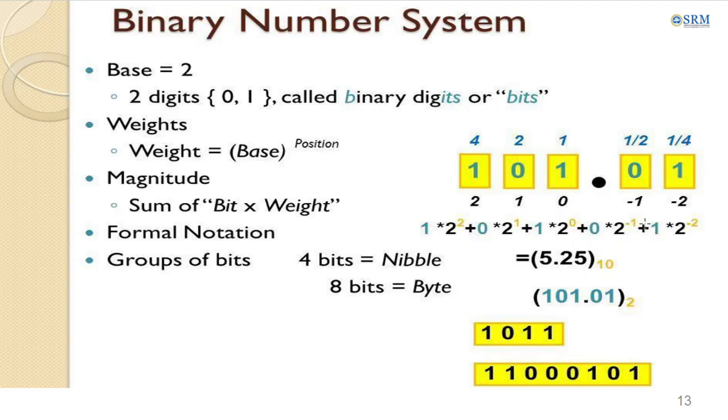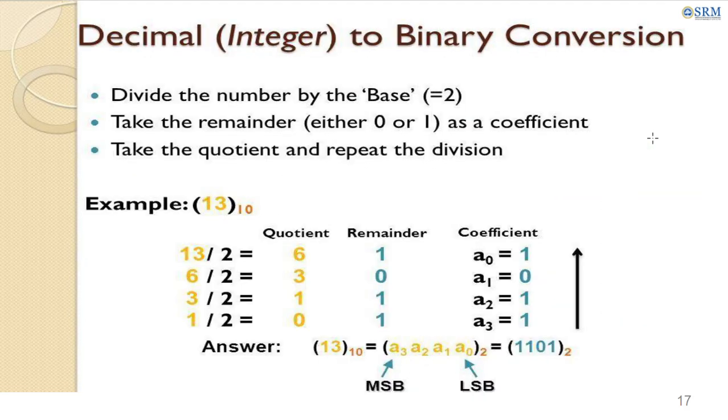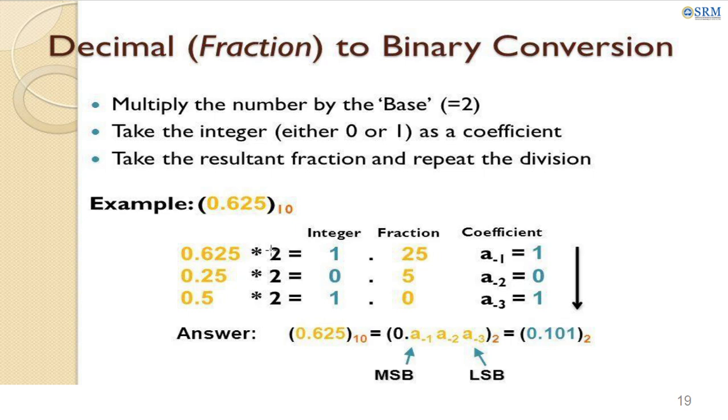Whatever was being divided will be multiplied, because in this case it is directly multiplied with the position. Over here, because of the position, each bit is divided by the base. So in this case, you can see that each number, when we try to convert from decimal to binary with a fraction, whatever number you are getting,